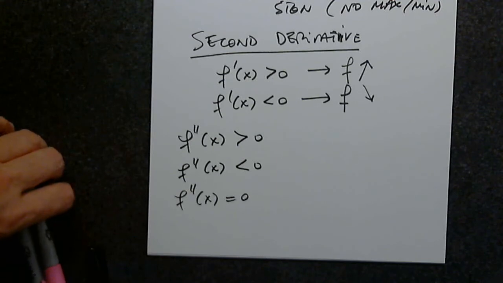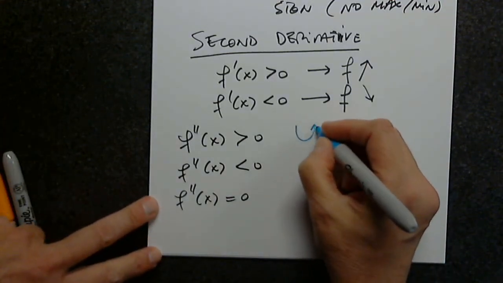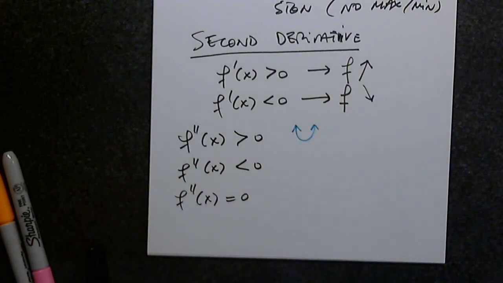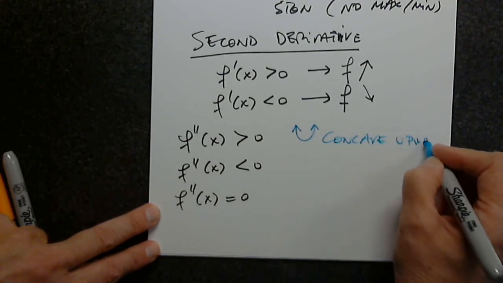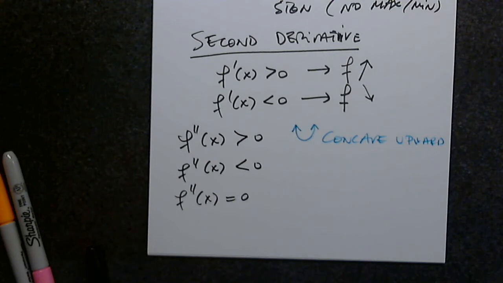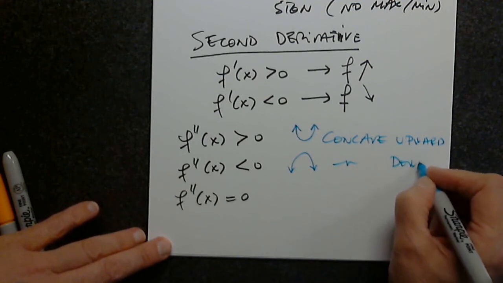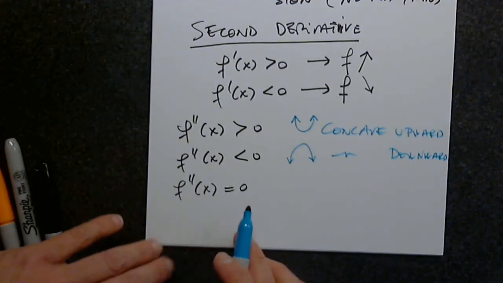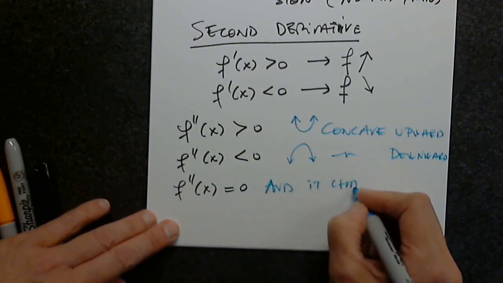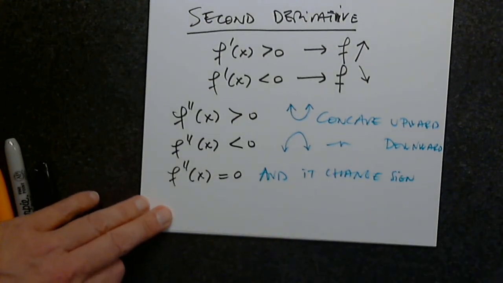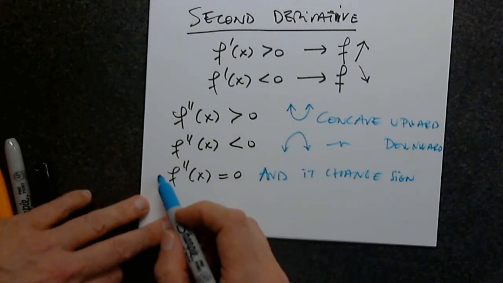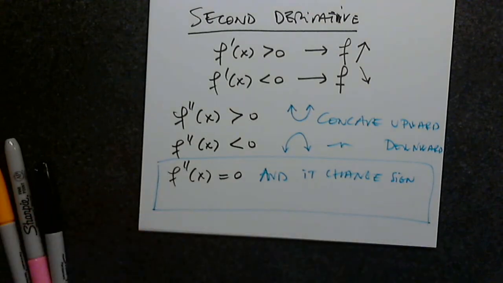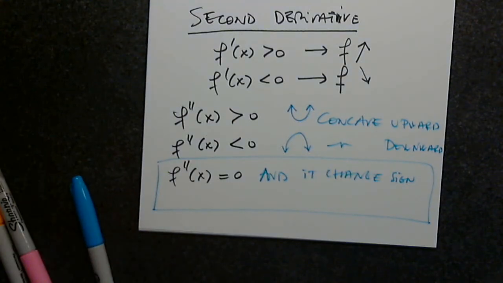If the second derivative of a function is positive, we say it holds water. It's concave up, upward. If the second derivative is negative, the function is concave down. What happens when the second derivative is 0 and it changes sign from positive to negative or from negative to positive? What will happen at that point where the second derivative is 0 and the function is defined? Second derivative is 0 and it changes sign. What will that be? If you remember, you don't have to. That is called